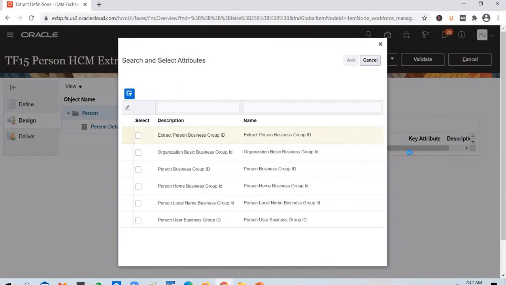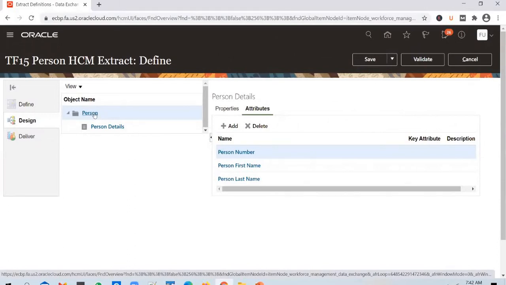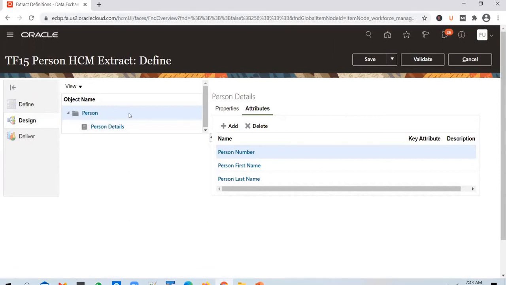So when you run the extract now, a file will be generated, and that file will have employee details that will have a person details tag. And within that tag, you will have these XML tags with a person number, first name, and a last name details. And not all the employees will be pulled. Only the employees of type EMP will be pulled because we have applied a filter there, filter at a data group level. Okay. And you need to have at least one data group, but you can have multiple as well.